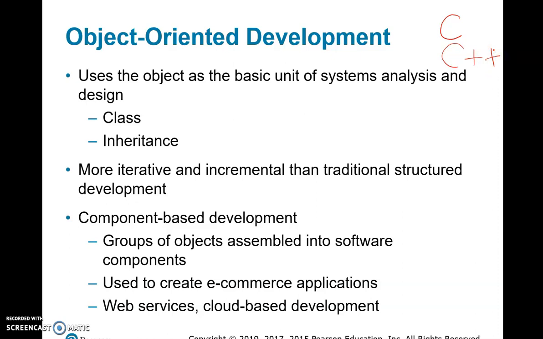These were the original software tools or programming languages that were used. So the C language is not an object-oriented language. It's a basic structured language. The C++ is an object-oriented